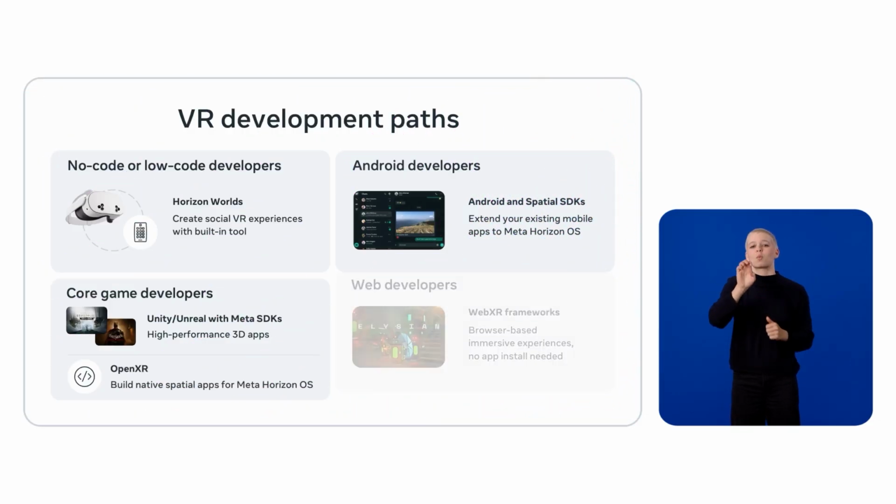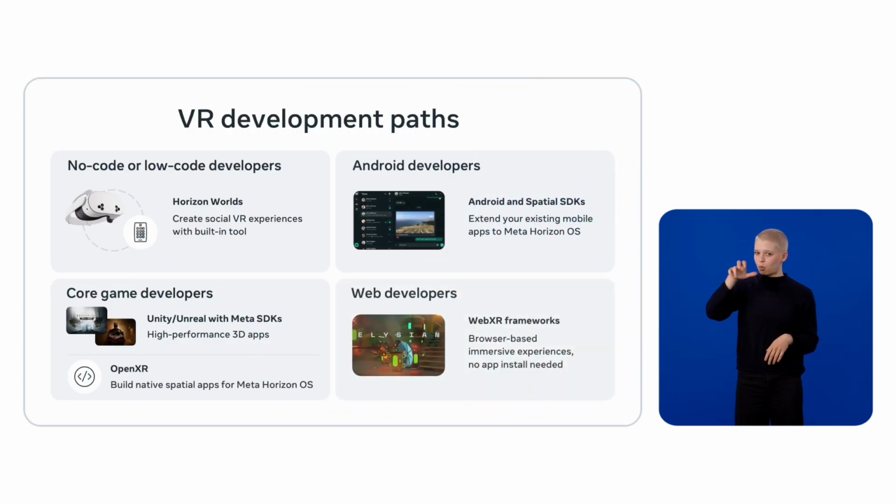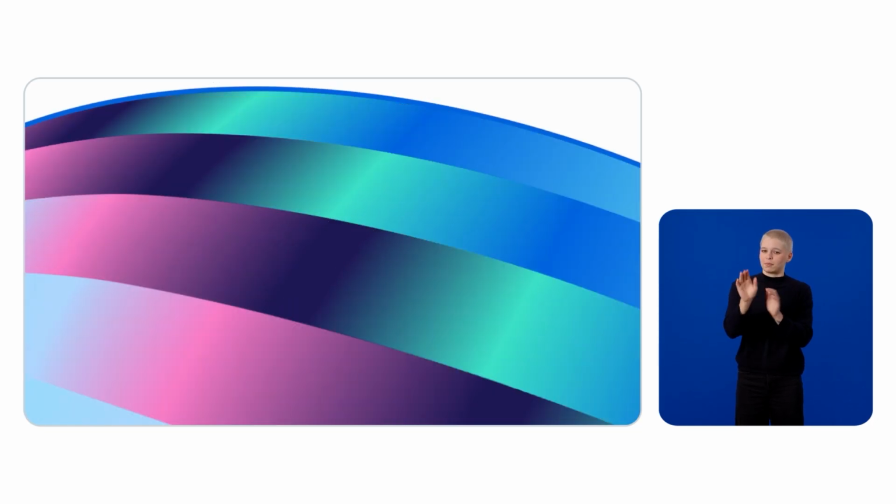In order to have a vibrant and diverse ecosystem of content, we need to make our platform accessible to all developers. These four build paths give all builders real options to create experiences for Meta Horizon OS. We are taking that a step further now using AI. There are many new AI features that we are announcing at Connect across these build paths that will accelerate your development on Horizon OS. Whether you want to go deep or just test the waters, there is a build path for you.